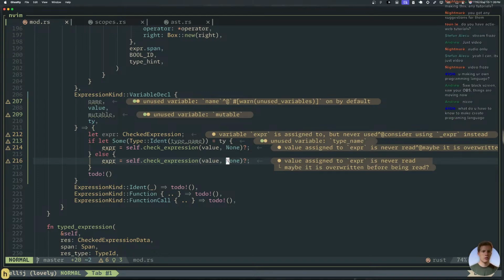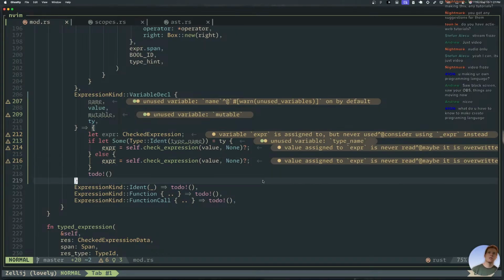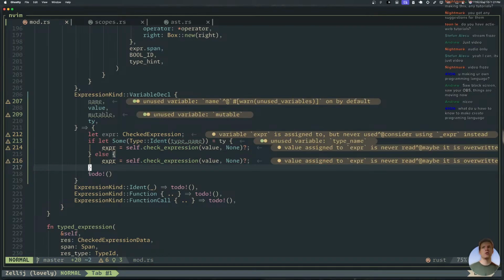What do you have to know to create a programming language? There's some good books out there. I couldn't tell you exactly what you want to know, but you should be maybe familiar with the concepts of lexing and parsing and stuff. Thorsten Ball has a great book called Writing an Interpreter in Go that helped me a lot. Bob Nystrom also has Crafting Interpreters, which is great.